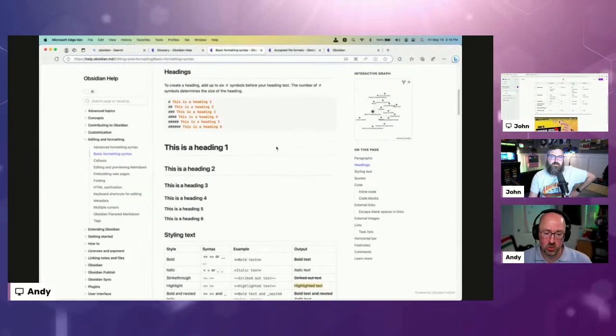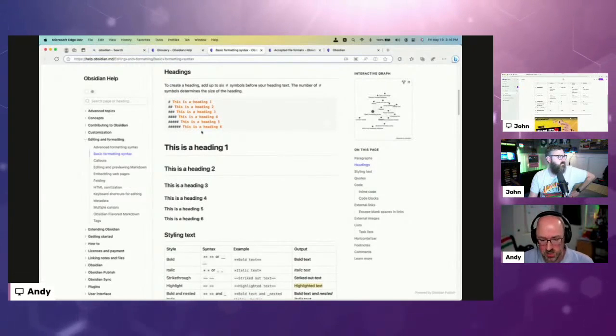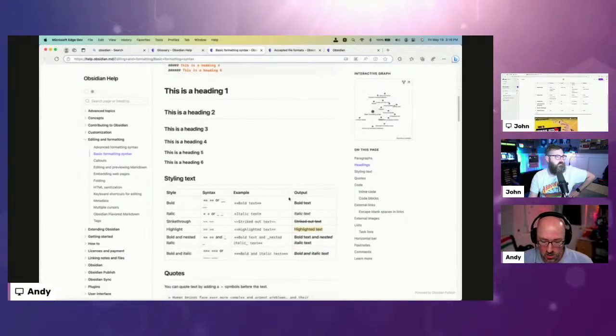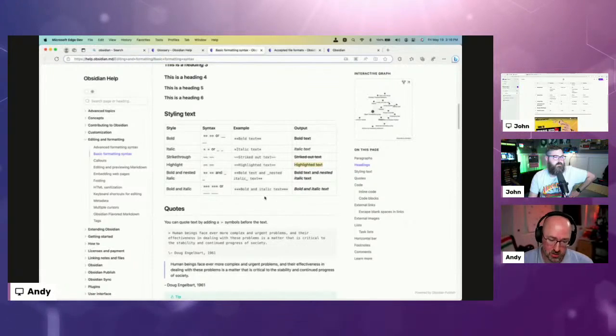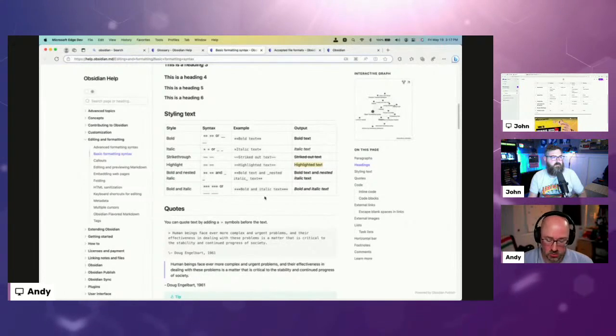So if you're not familiar with it, if you want to do a heading, it's going to be a single pound sign. You want to do heading 2, it's going to be a double pound sign, and that's going to give you the different styles for the headings. If you want to work with bold, you're just going to put asterisks in front and behind the text. If you want to do italics, it's a single asterisk before and afterward. You want to do strike through, you're going to be doing tildes with that.